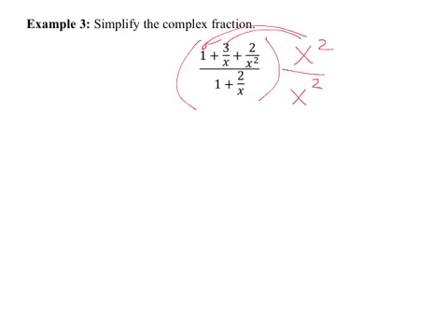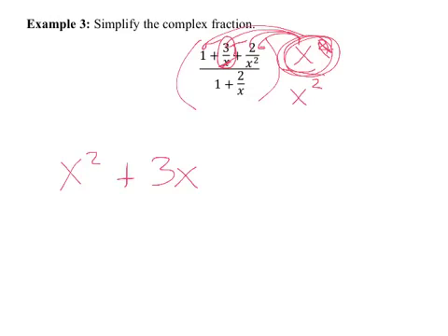Distributing the x squared to the top, we get x squared plus, now this is 3x, the 3 over x times x squared. So that x cancels one of these, leaving behind a 3x. And then this x squared gets multiplied again by this here, making this x squared cancel with this x squared, leaving behind just a 2. All over x squared plus